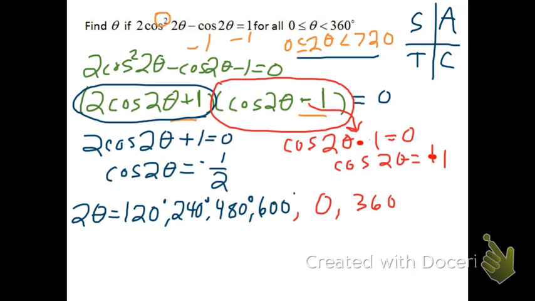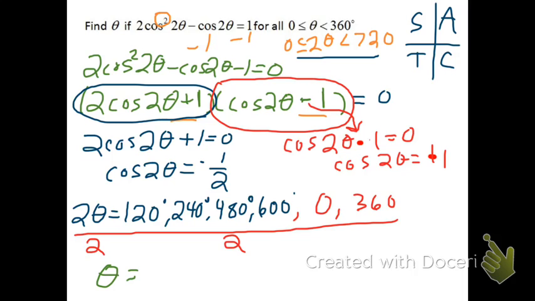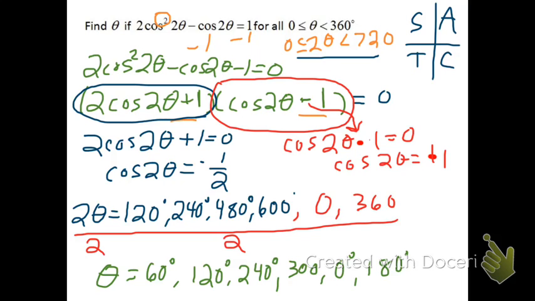So, last step, we have all of these values for 2 theta, but we're not looking for 2 theta, we're looking for theta. So I'm just going to multiply both sides of the equation by 1/2, and I get that theta could be 120 over 2, which is 60, 240 over 2, which is 120, 480 over 2, which is 240, 600 over 2, which is 300, 0 over 2, which is still 0, and 360 over 2, which is 180. And again, all of these angles are still in between 0 and 360,